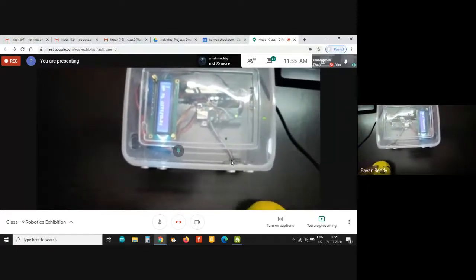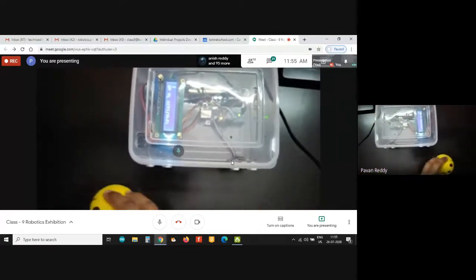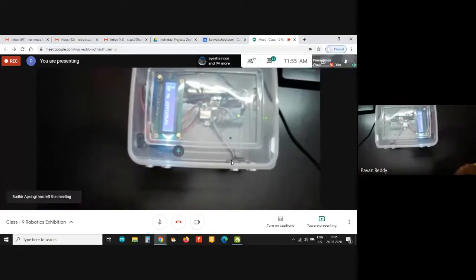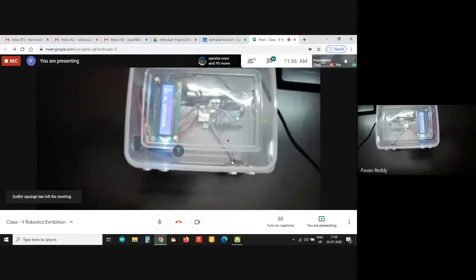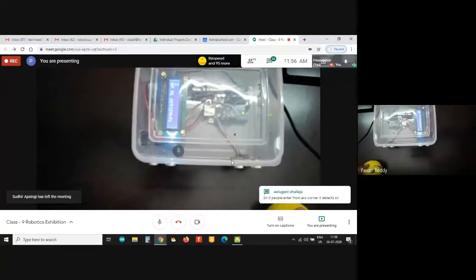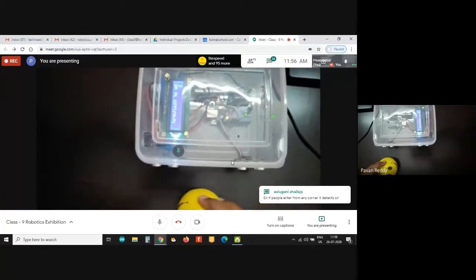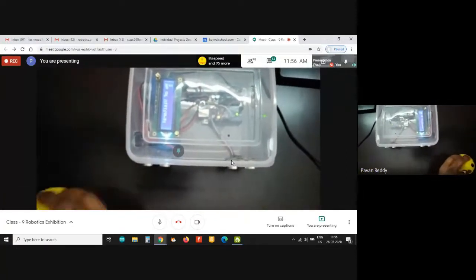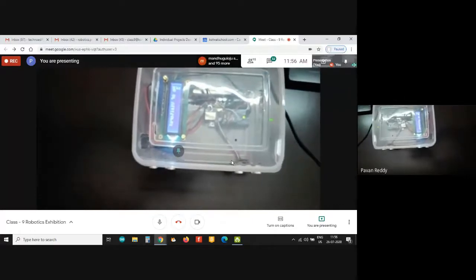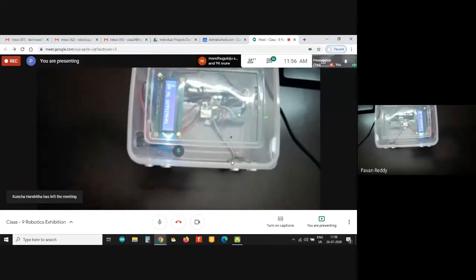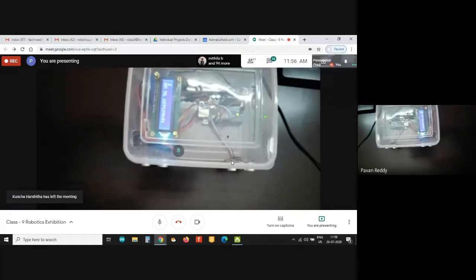and one more person comes and he also enters the mall, and the number of visitors is 2, right? And one more person comes to enter, and the number of visitors is 3, right? So as the people go on, the number of visitors that you see on the LCD keeps increasing.